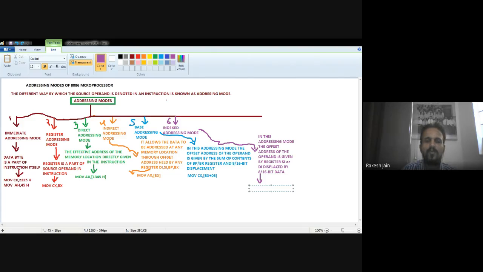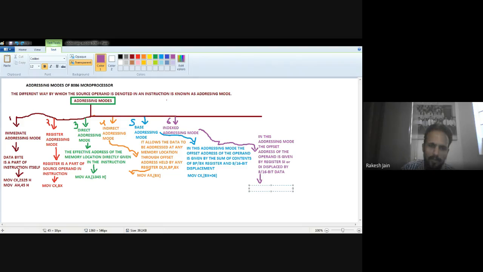In this addressing mode, the same kind of summation will be there. The offset address of the operand is computed by summing the base register and the content of the index register. You know there are index registers SI and DI, and there are different base registers like BX and BP.